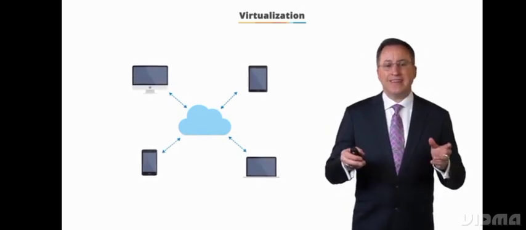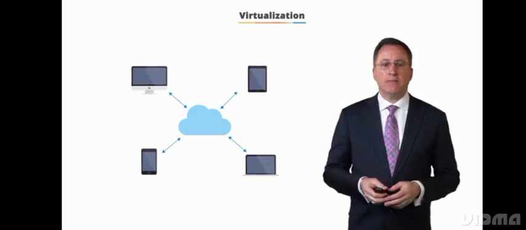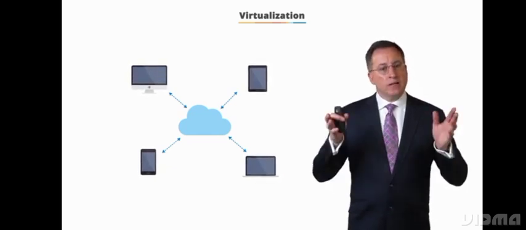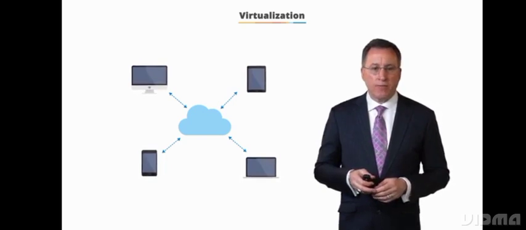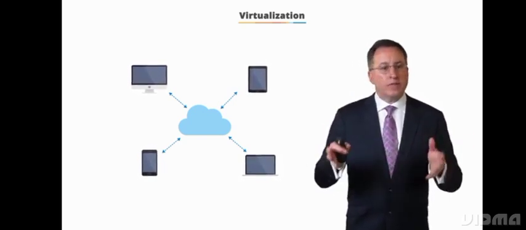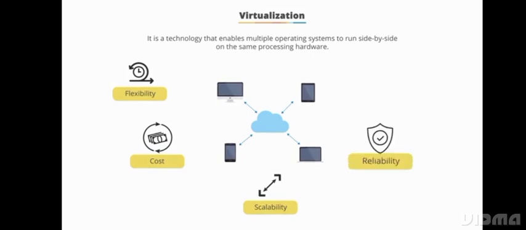What is virtualization? We define virtualization as the art and science of making the function of an object or resource simulated or emulated in software identical to that of the corresponding physically realized object. It is a technology that enables running multiple operating systems side by side on the same processing hardware. In other words, we use an abstraction to make software look and behave like hardware with corresponding benefits in flexibility, cost, scalability, reliability, and often overall capability and performance, and in a broad range of applications.